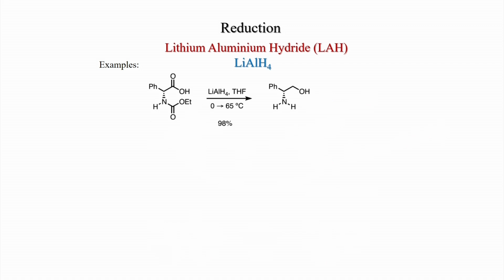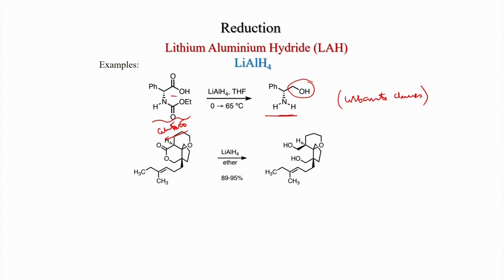Here is another example, here a carbamate group is there. So, this is carbamate, and here a carboxylic acid. So, an N-protected amino acid is present. Now, the carboxylic acid goes to the alcohol, and the carbamate also gets cleaved. Carbamate cleavage is giving you a primary amine. So, carbamate cleaves under this condition.